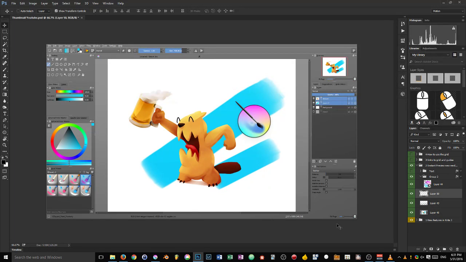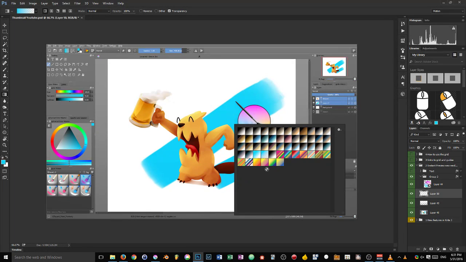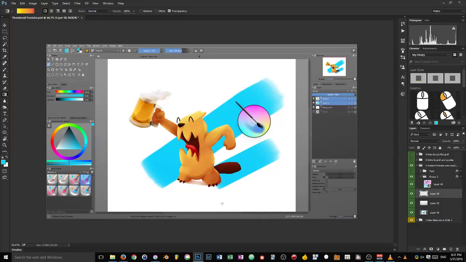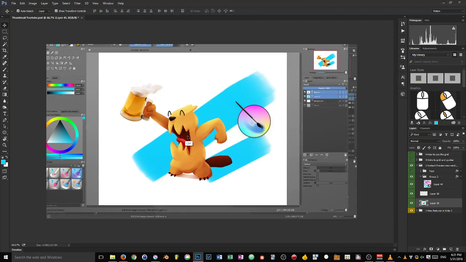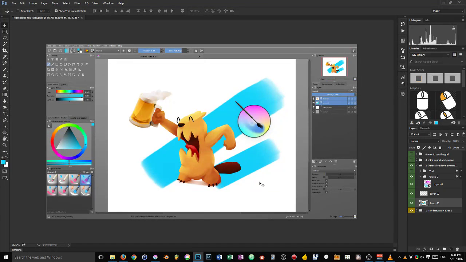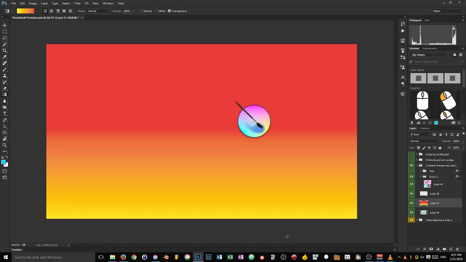So I'm going to add a gradient, and basically what I want to do is to add, let's say, some kind of warm tone within the white area, but I don't want it to be on top of the character. But the thing is, hold on, this is a single layer. It's not a set of layers. I can't put my new layer, my gradient, in between the beaver and the background. Okay, so what I'm going to do is to quickly add that gradient, and you can see that it's overriding